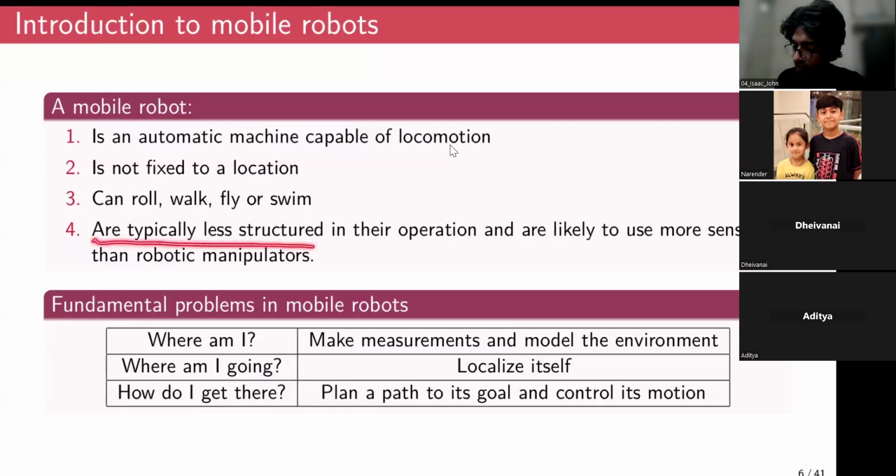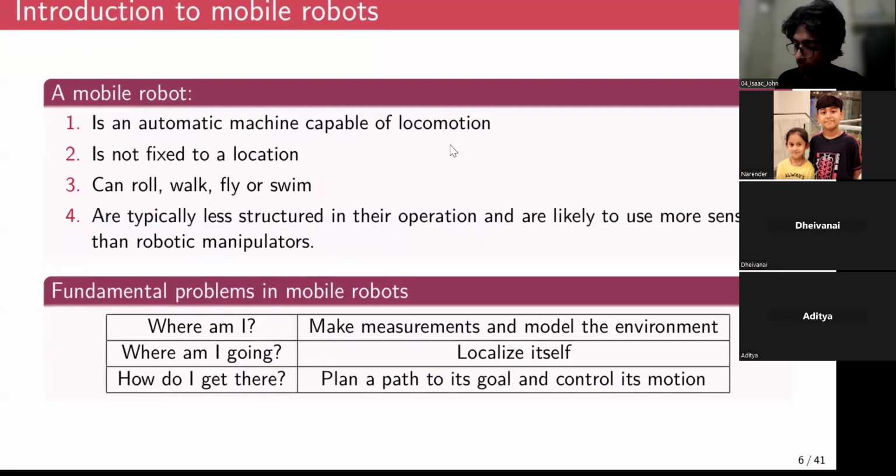They are typically less structured in their operation and are likely to use more sensors than robotic manipulators. For the reasons I've told earlier, since their workspace is unconstrained, the environment is pretty dynamic. So in order to adapt to a dynamic environment, they are required to use more sensors when compared with a robotic manipulator. So that's about mobile robots and the different modes of locomotion for a mobile robot. And then the fundamental problems of a mobile robot,